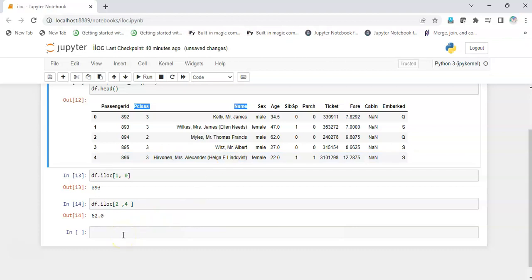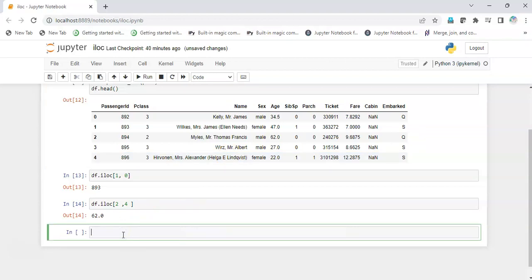In order to solve this particular problem, we will give a list of indexes. So this is very interesting. df iloc square bracket and I give a comma. As we just discussed, the first value will be a row and we give a list of rows. So we want first, third, fourth. These rows we want, and we do not want all the columns. We want only two columns, that is